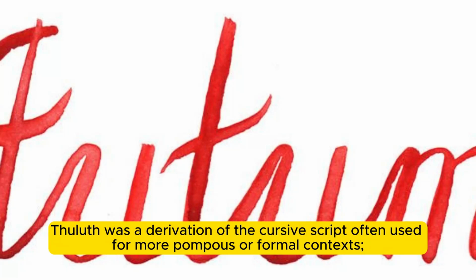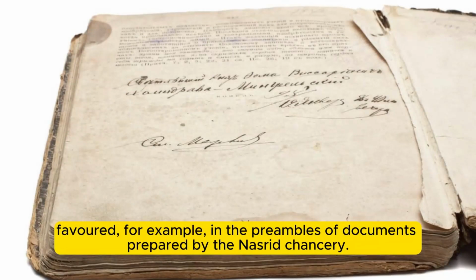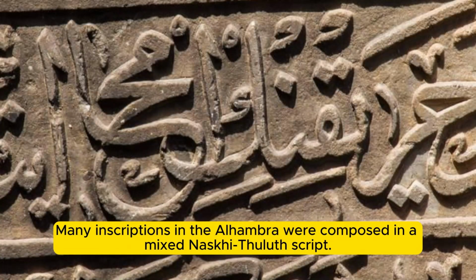Thuluth was a derivation of the cursive script often used for more pompous or formal contexts, favored, for example, in the preambles of documents prepared by the Nasrid Chancery. Many inscriptions in the Alhambra were composed in a mixed naskh-thuluth script,